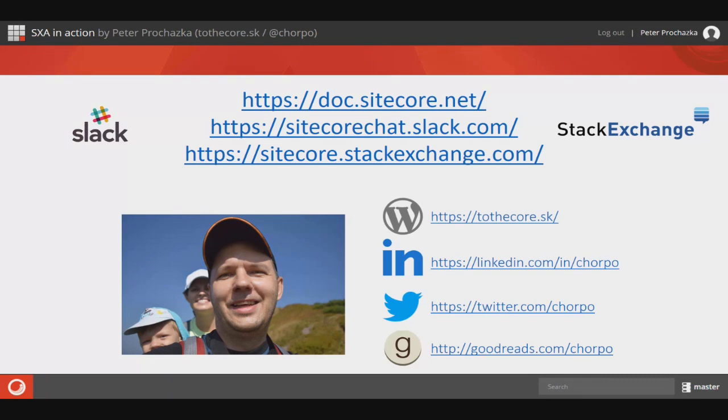There is also great documentation on doc.sitecore.com that you can use during your SXA journey. Don't forget about Sitecore Chat on Slack and Sitecore Stack Exchange, where you can find lots of Sitecore developers and enthusiasts like myself that can help you with solving your problems or answering your questions regarding SXA and various other